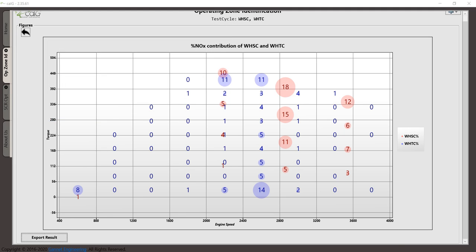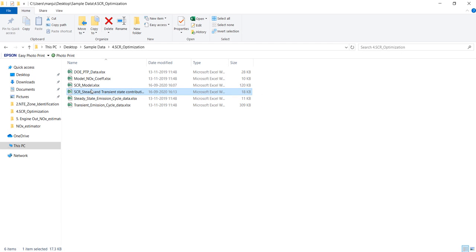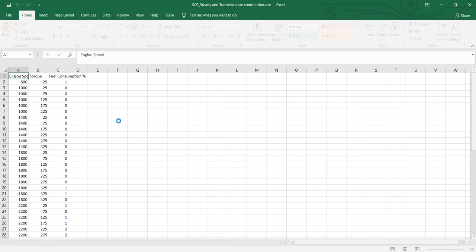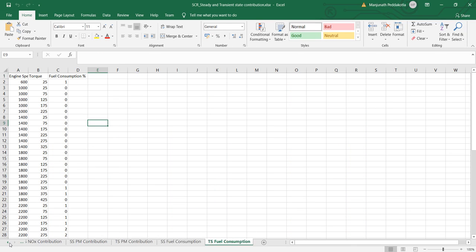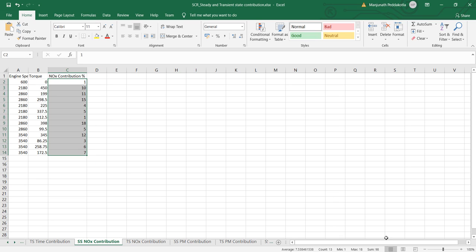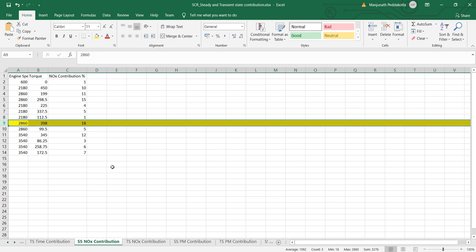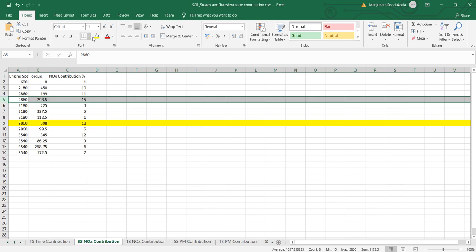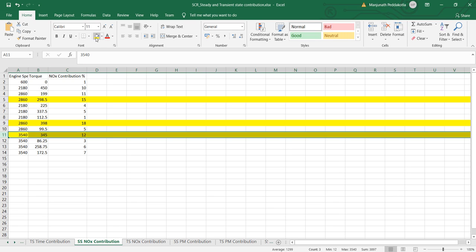Let me open that file. Yeah, so let me go to that file which is NOx contribution. If you look here, these are the points, and the total contribution is 98%. So let me take a few points and try to optimize. So this is given 18%. Let us target this point, and let's go to this point and target and see if with these 2 points we are well within the target. We don't do it, but we can also try with some other point also.